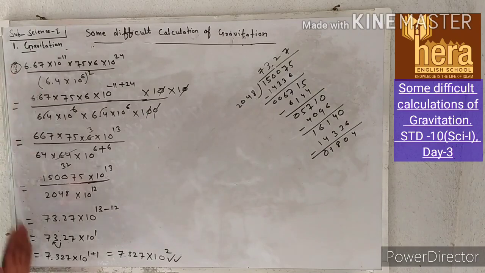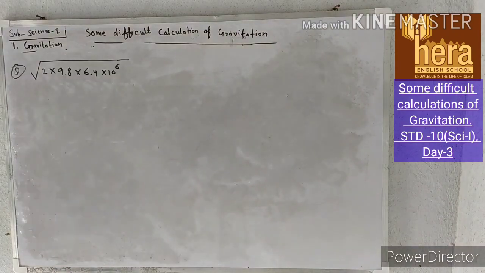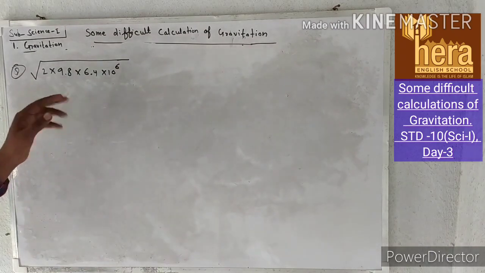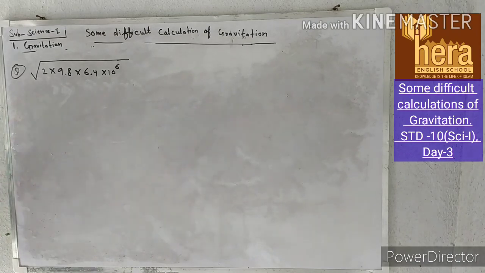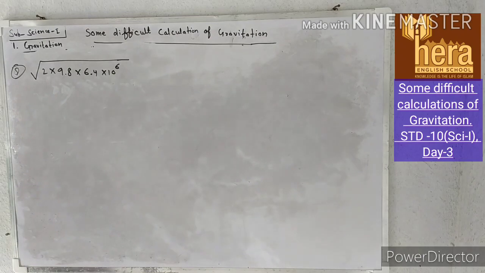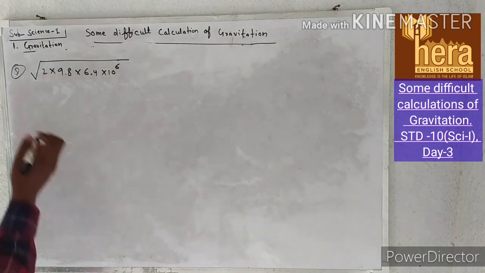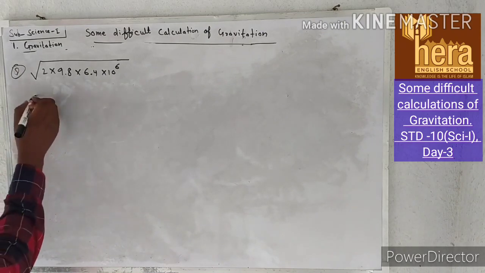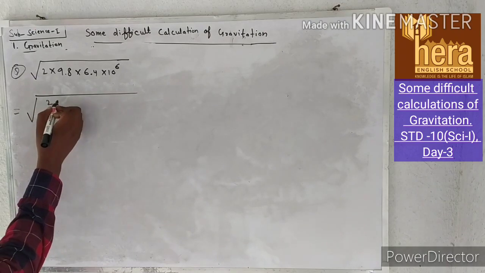So now this is very easy for you. Now I will take one more example. You have to solve this again. This example I have taken from your textbook. Under root 2 into 9.8 into 6.4 into 10 raised to 6. So this will be equal to, what you have to do? First of all, remove the decimal. This will be equal to 2 into